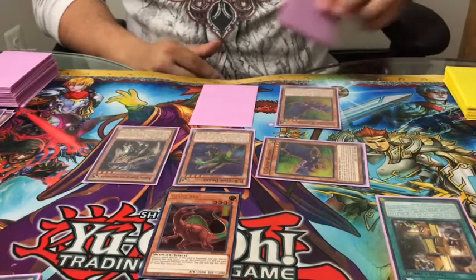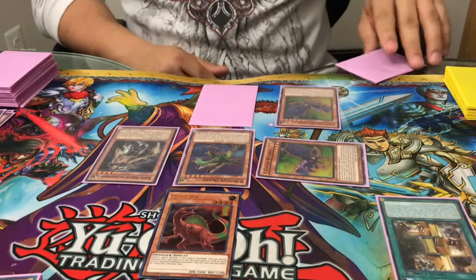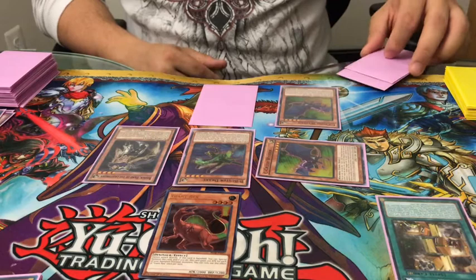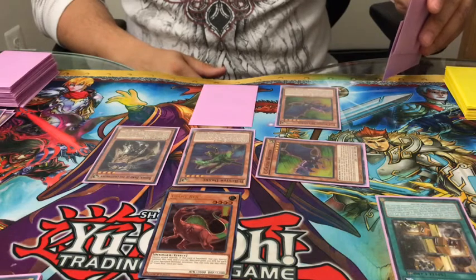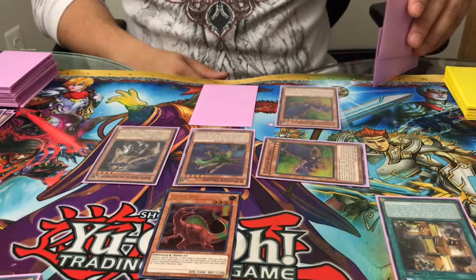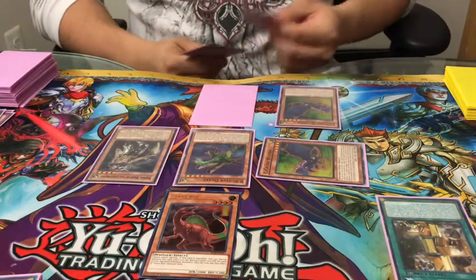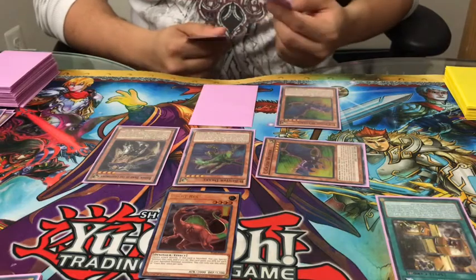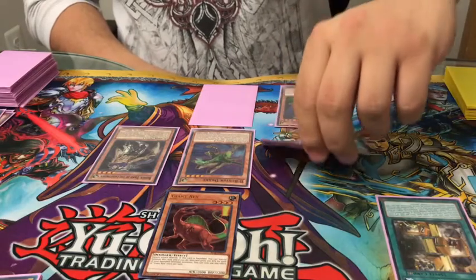So what I'm going to do with this field is... I ended up figuring out that the ABCs, they're not once per turn effects, by the way. They're the last part of their effect, you know, if they're sent from field to grave, which is something interesting to me. So I'm going to do this. I'm going to...